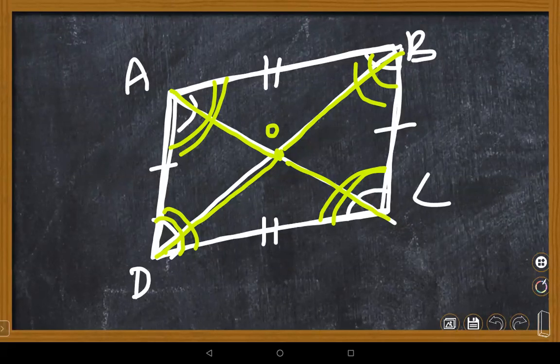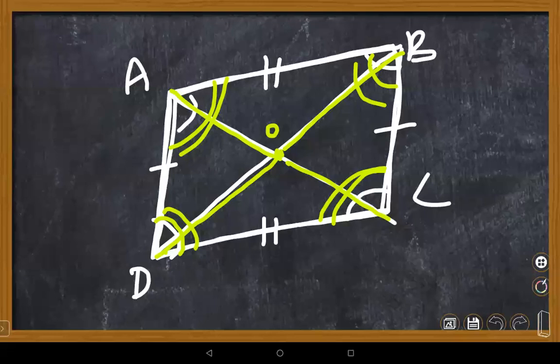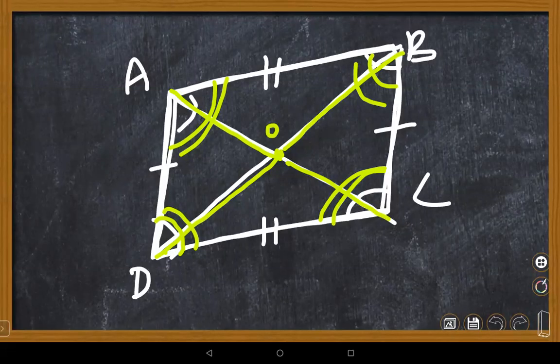Lalit is asking whether diagonals are equal in a parallelogram or not. That is the question from Lalit. Ma'am, they are not equal. They are not equal. Very good. But they may be equal, ma'am, because the opposite sides are equal. Opposite sides are equal. Maybe it is possible for the diagonals to be equal, children.